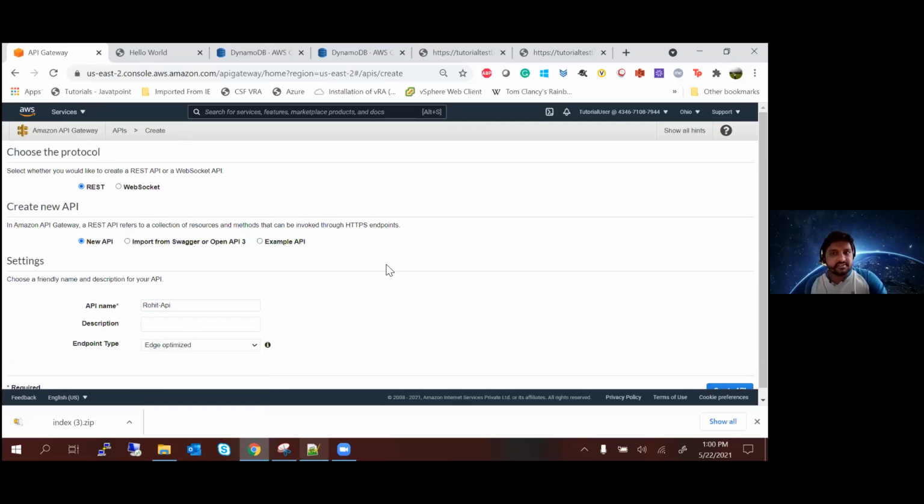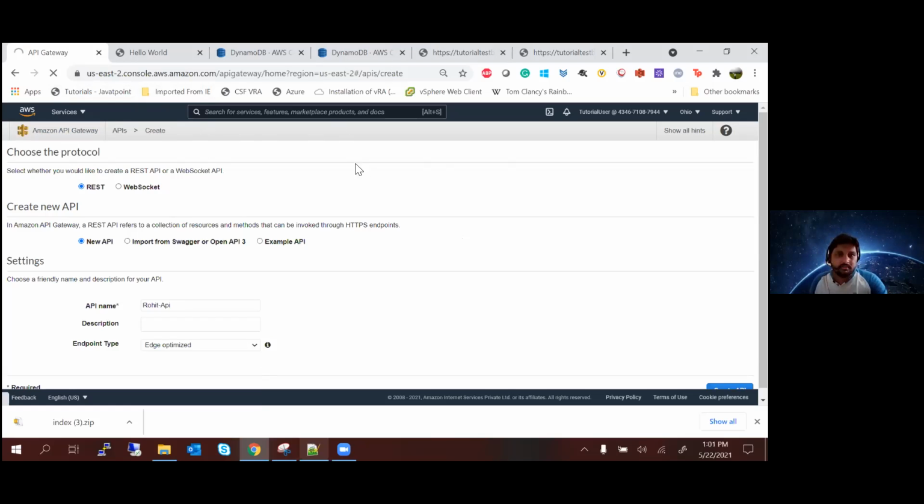Anam, where are you stuck? What about others? Are you with me until here? Endpoint type should be edge optimized. Anam, give me a second.